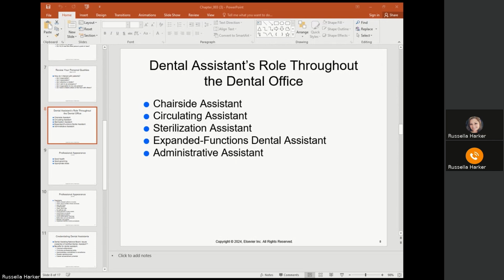So other things they might do is sterilization monitoring reports. The sterilization assistant is also responsible for selecting infection control products and performing quality assurance procedures. So they will do things like making sure that the spore tests are being run weekly or more often if needed, on the autoclave to make sure the instruments are being processed and sterilized when they're being processed. They may be getting the sterilization monitoring system reports back and loading them into the logs properly,